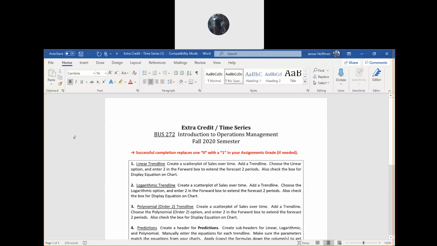This is a modified example, so you can apply some of the techniques we learned in the time series analysis on Tuesday to this one.